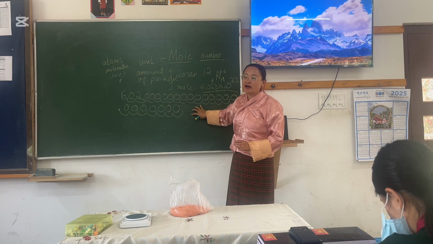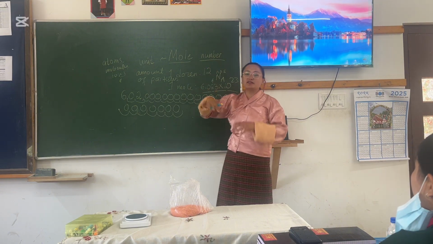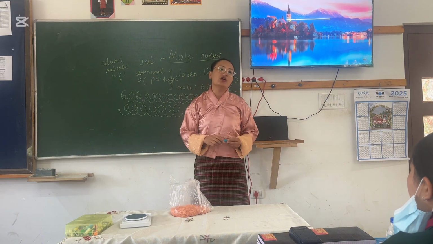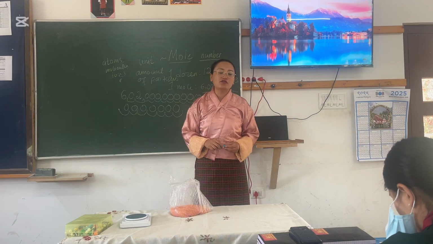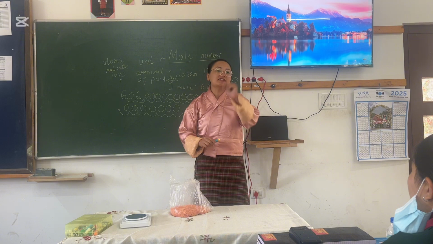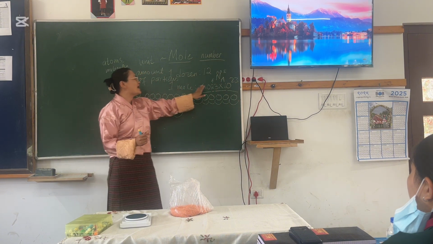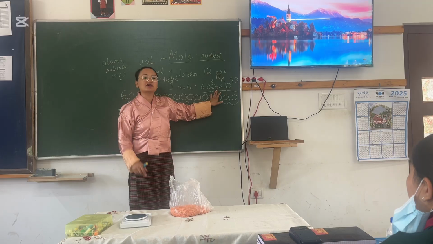So when this 1 mole, this many number, was actually discovered, this number was given his name in order to honor him. So this is Avogadro's number, which is 6.023 times 10 to the power 23. Now if I say bring me 1 more, like I said, you cannot count them.